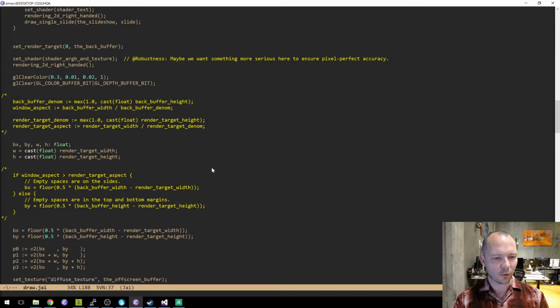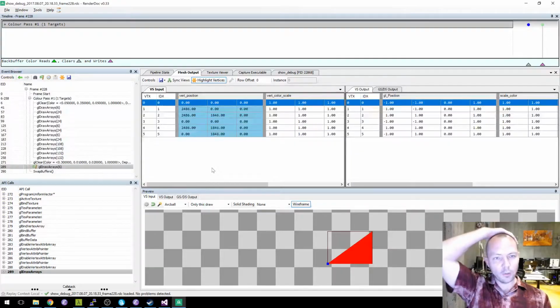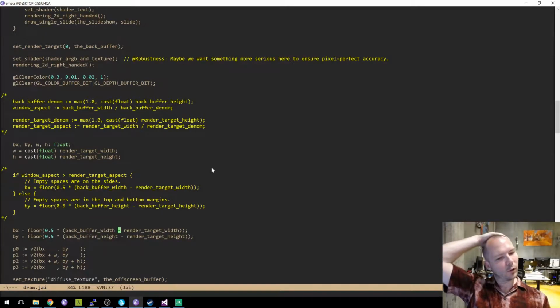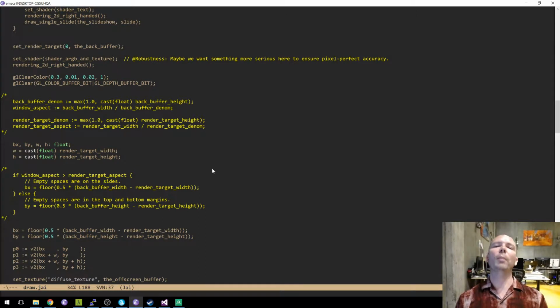So Bx is floor of. So this is saying Bx and By are always 0. Oh my God, because render target is the back buffer right now. Because we set the render target to the back buffer.